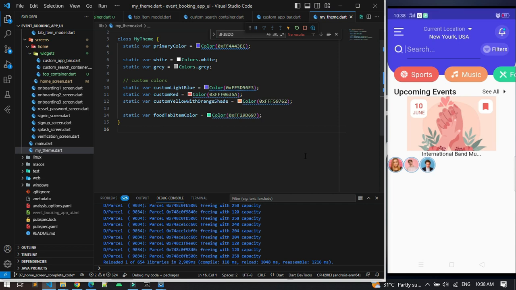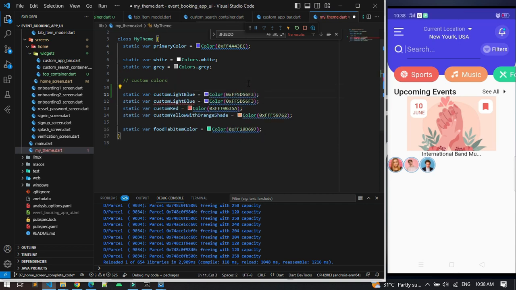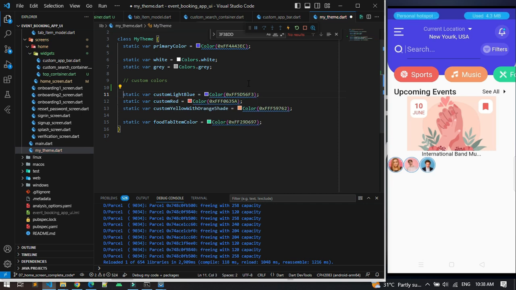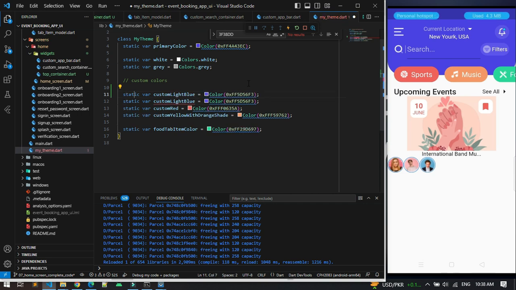No, this color does not exist in our file, so here I will make another property. To copy any line below, we take the cursor to that specific line and press Alt, Shift and arrow down. So custom